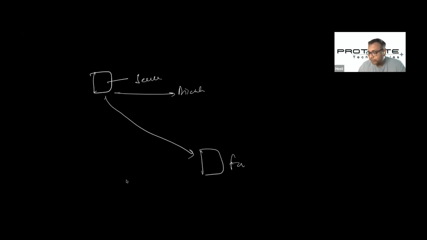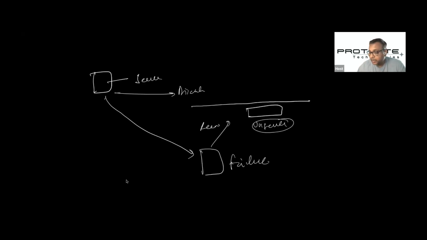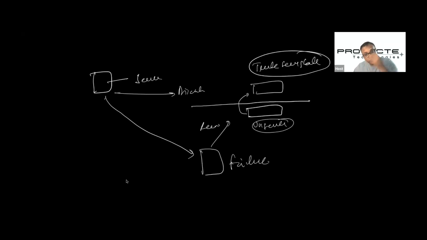Say your system was operating securely, right? And a disaster strikes. Now, the moment disaster strikes, the system goes into failure. Okay, and you tried to recover it. So when you tried to recover it, it actually didn't go into a secure state. It remained in an unsecured state. Okay. Trusted recovery means you recover the systems into a trusted, secure state. Because at times when you're recovering the systems, a lot of controls would have failed. Okay, those controls have to